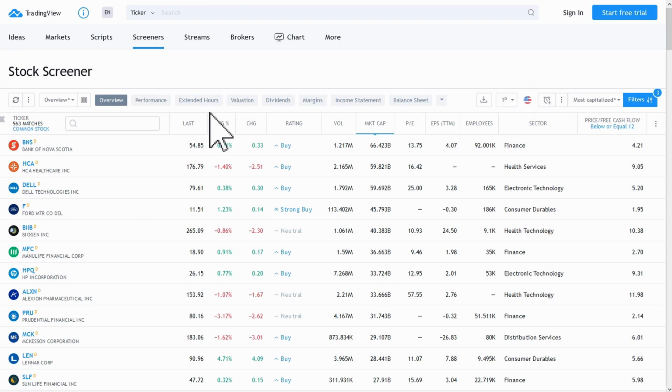There are already a lot of filter results. We have more than 500 matches. All of them have a price per free cash flow ratio of equal to or below 12. Also, with this screener you can now analyze the filtered companies, or you continue to narrow them down by adding further filters. Generally, please have in mind that those are just individual criteria that might reflect only a momentary view